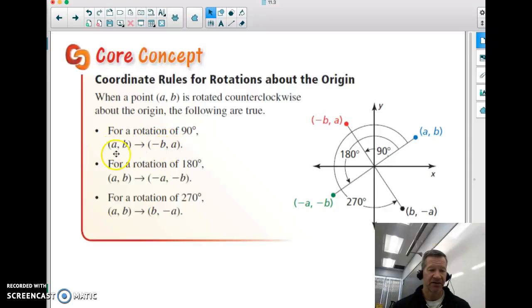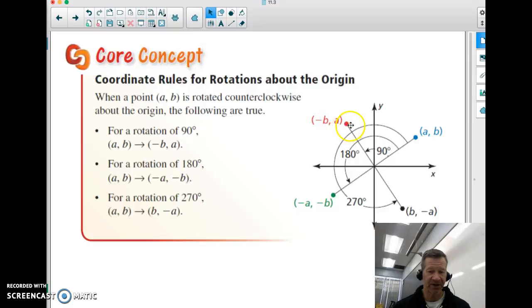Now notice what happens here. A and B are switched, okay? But not only are they switched, but after being switched, the x-coordinate becomes the opposite of what this y-coordinate used to have been, okay? Now first things first, if the image is in the first quadrant, (a, b), and I rotate 90 degrees, that's going to move it to the second quadrant, okay? So you can kind of figure out the